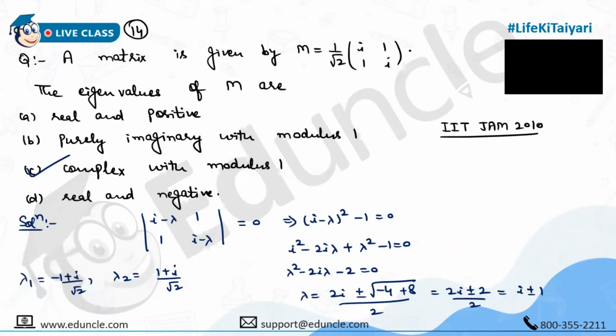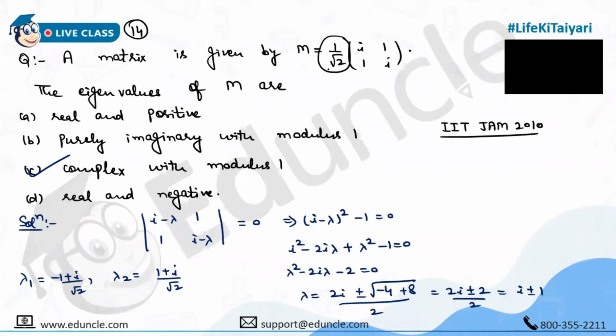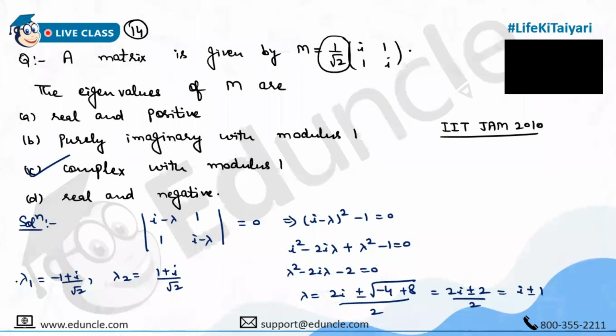Yes, sir. Sir, here you have written lambda equal to i plus minus 1, where did the √2 below go? I have taken it out of these, beta. Okay sir, you did it later, at the end. Yes sir, yes. That's why I have written them as lambda 1 and lambda 2, and that I wrote as lambda. Just to make the calculation easier, nothing else. Otherwise that √2 factor will be here every time, na? Yes sir, I got it.